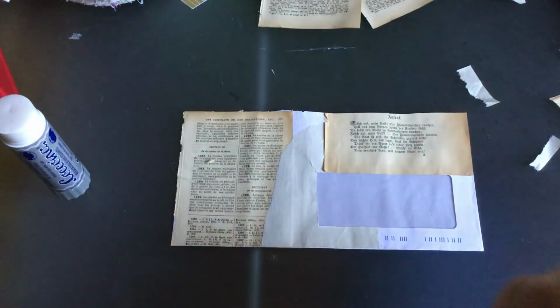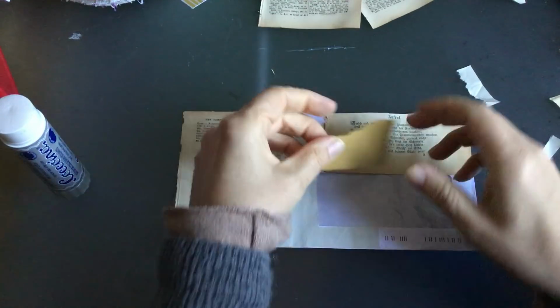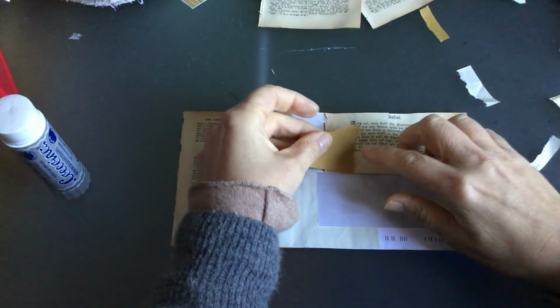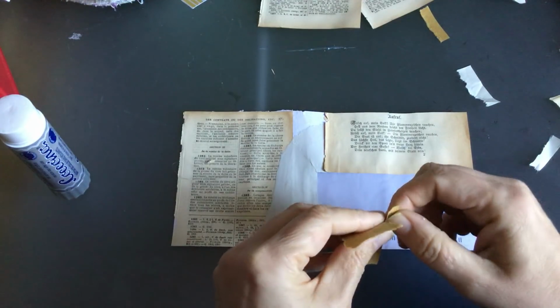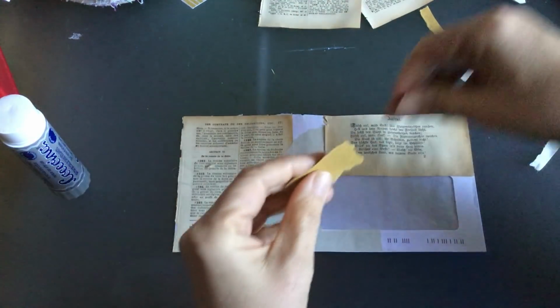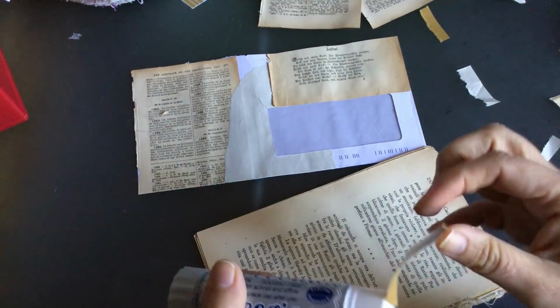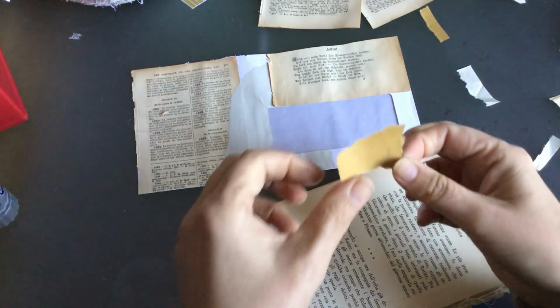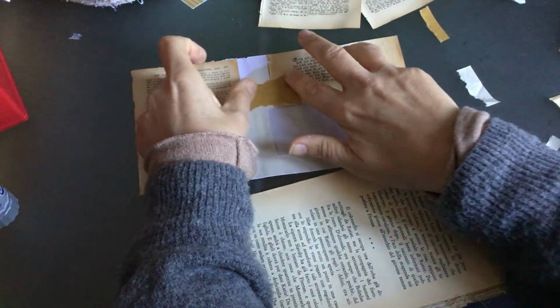No, different. I would like some of this paper. Yes, this is what I would like. And I'll just tear that. Here we go. And put that there. Yes, I like that. Okay. Certainly, I think in this case, it's better. I've turned it around the other way. It's better to